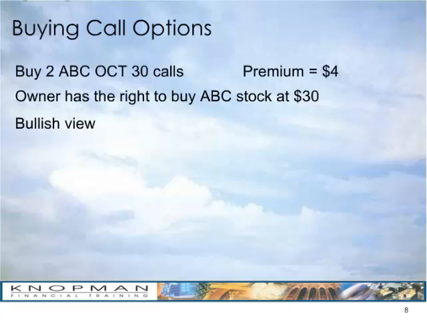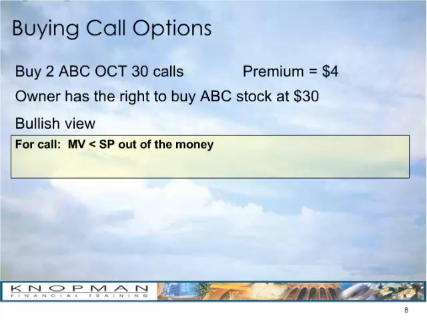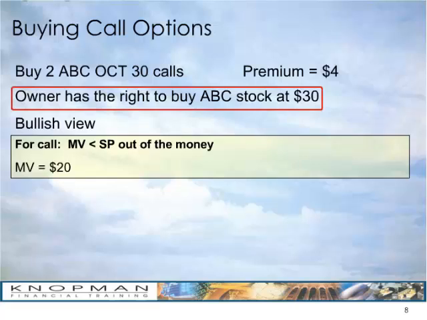For example, let's say the market value in the first example is below the strike. So for example, let's say the market value is 20. As I talked about earlier, would an investor who has the right to buy the stock for 30 want to buy the stock for 30 if it's actually worth 20? The answer is no. You wouldn't want to buy the stock for more than it's worth. So the investor would let the option expire,